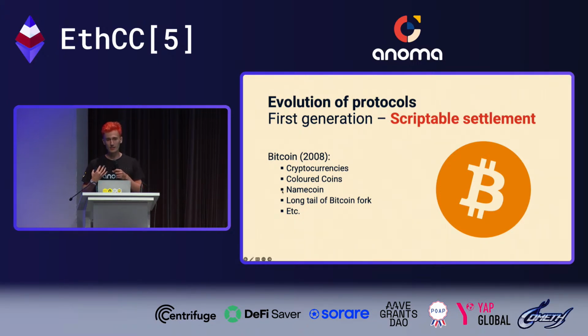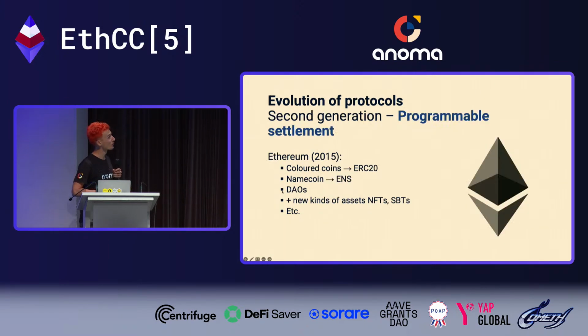To me, Bitcoin is always this thing where we tried to build applications, but they were clunky and hard to build. For Namecoin, for example, you had to run a forked Bitcoin client. And in order to overcome some of these limitations that scriptable settlement presented, we got programmable settlement. To me, this is really the second generation of blockchain protocols, because all of a sudden we went from a very limited scriptable settlement environment into a very comprehensive programmable settlement environment. So instead of having colored coins, we could now have ERC20s. And instead of having Namecoin, we got ENS. But the big thing was that